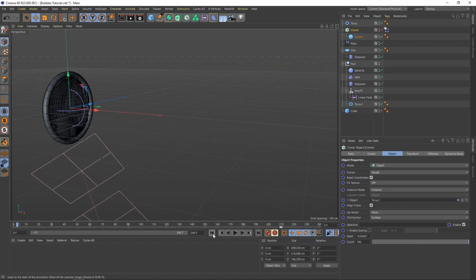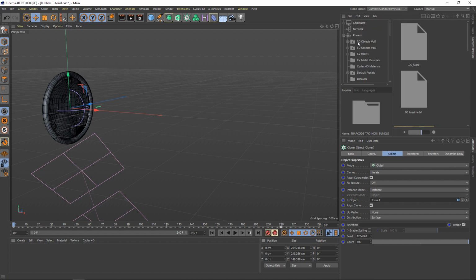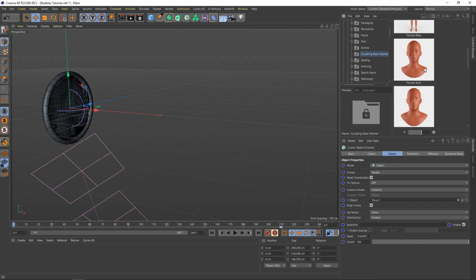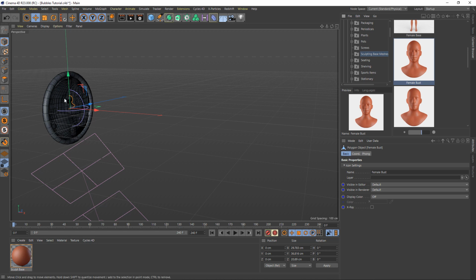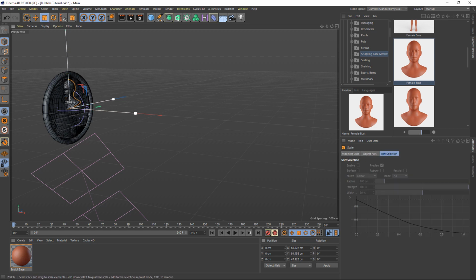And let's try one other object. So let's say I go into the content browser, and let's see, how about sculpting base models? How about this female bust? Now that came in really small, so what I will do is scale that up so it's about the same size as that ring, and move it down,